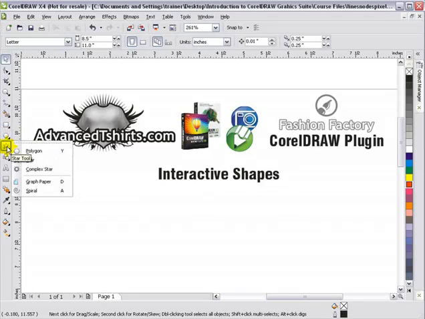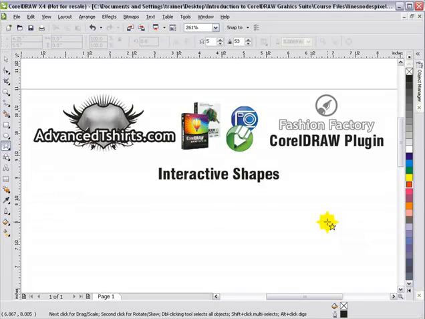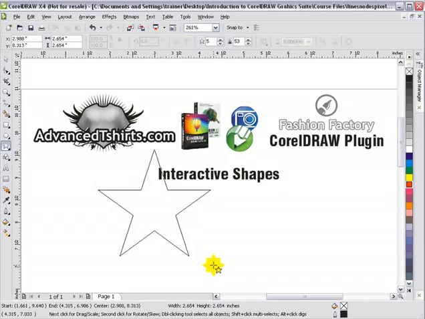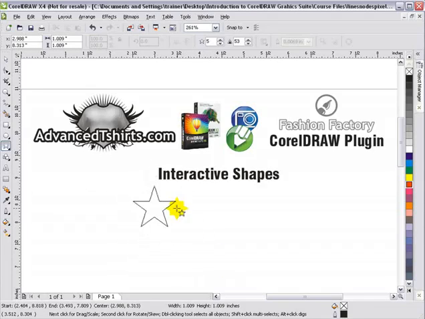We'll start out with the star, and we want to take a look at how we create the star. I've left-clicked on that star tool icon in the toolbar to select it. I'll come over to my workspace, left-click, hold down, and start dragging in any direction, and I'll start to create a vector star, as you can see here. Now, if I hold down my Control key, I'll create a perfect star. I'll be constrained to a perfect star, but you'll notice I'm going from left to right as I create the star. However, if I hold down my Shift and Control keys, I'll create a perfect star from the